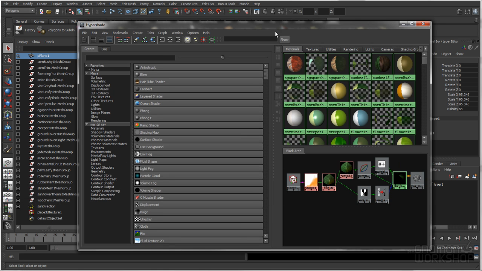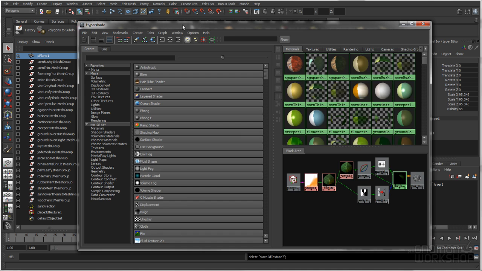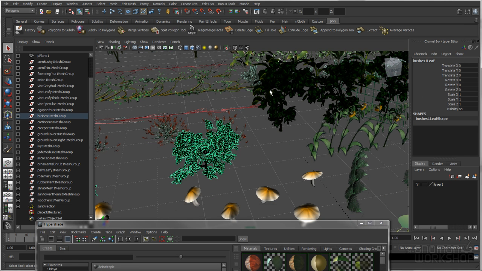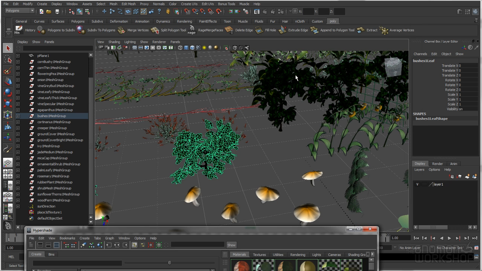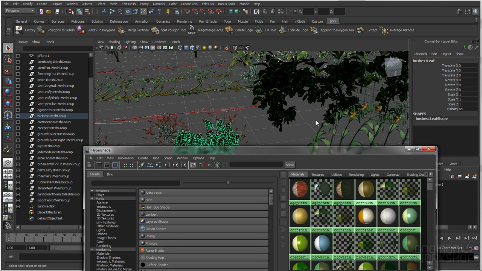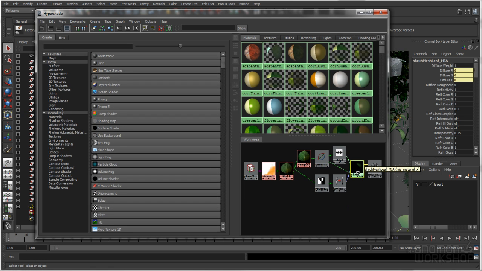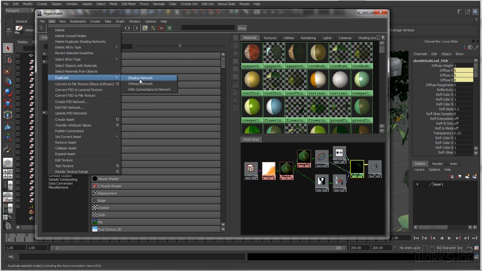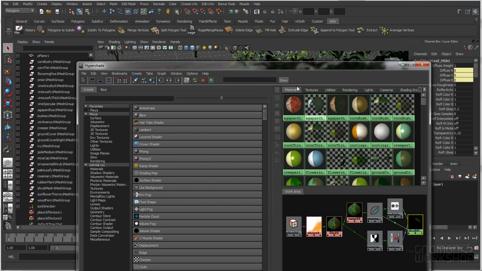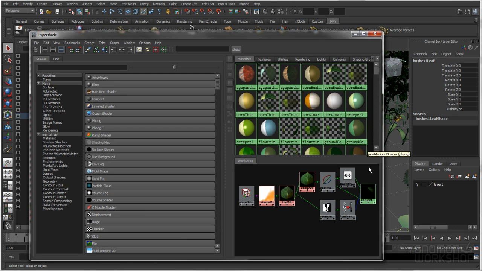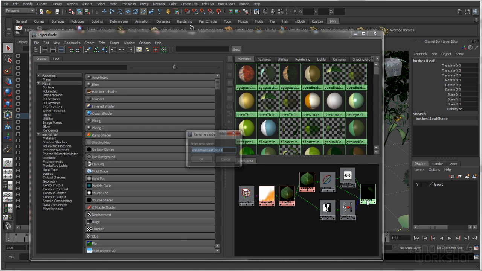So I could go in and delete unused, get rid of the things I don't need. And if I wanted this bush to be different than this bush in some way, then I could always just make a copy of this shading network. So this is called bushes, while this is called shrub. So if I select my bushes here, I'm going to select this shrub shading group, and I can go in and duplicate the shading network. So now I have this copy, which I will graph, and I will assign the copy to those leaves, but I will rename it as,